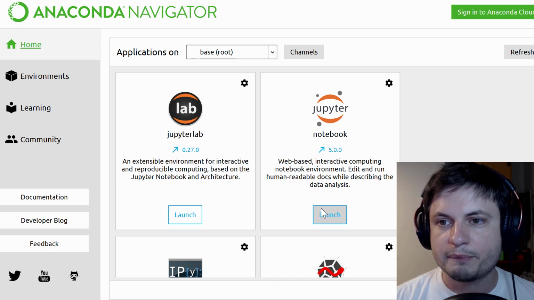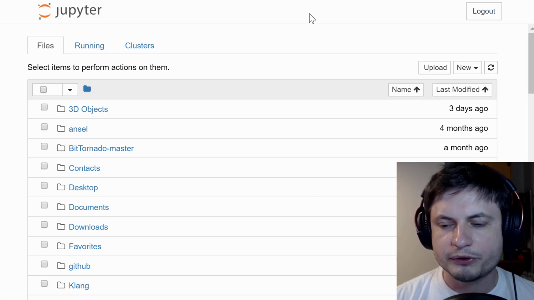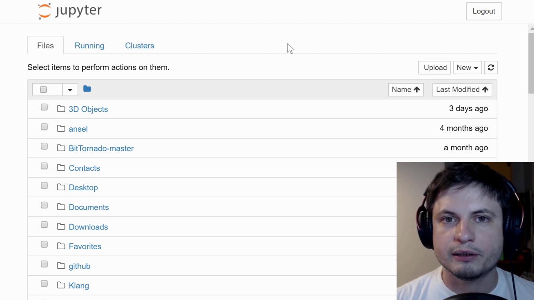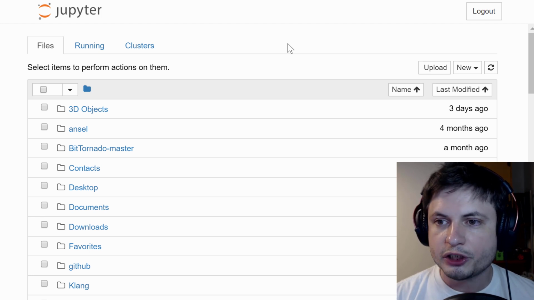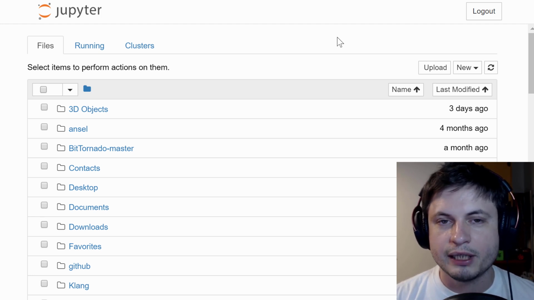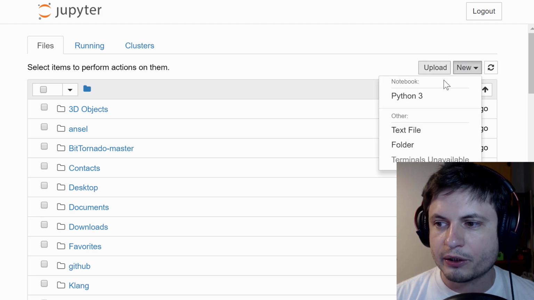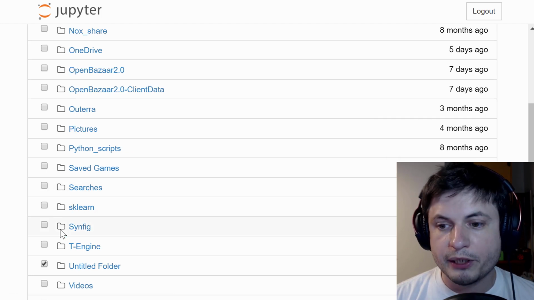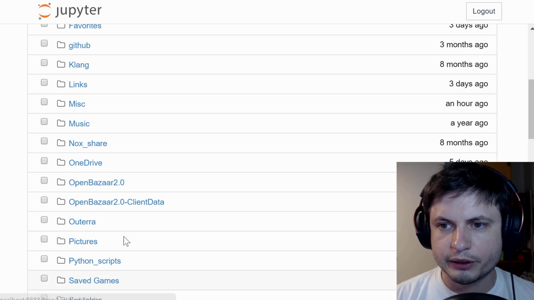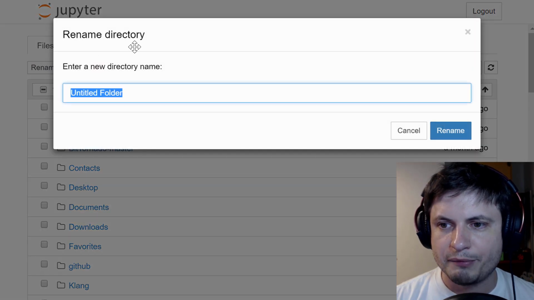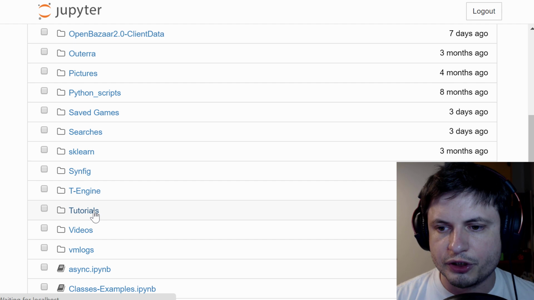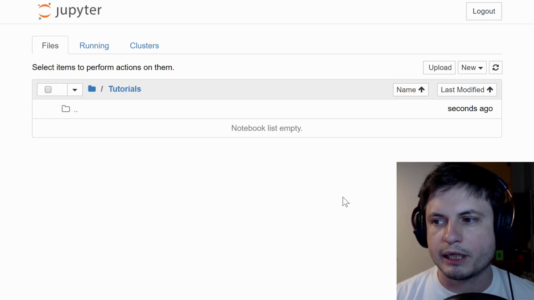So click on this, open up Jupyter Notebook, and you'll be greeted with something that looks similar to this. This works really simple. It's basically running in your browser. It's kind of a development toolkit that essentially runs in the browser, which is why it's so easy to use on any system. And here you can click on new and either create a new folder, which will appear right here under untitled folder. So now I'm going to rename it and name it tutorials. And then we're just going to jump into this folder just to keep everything organized.